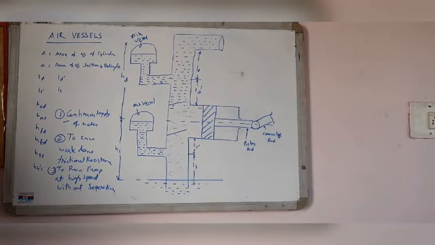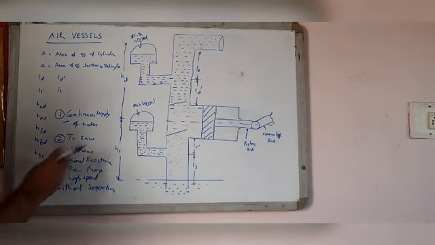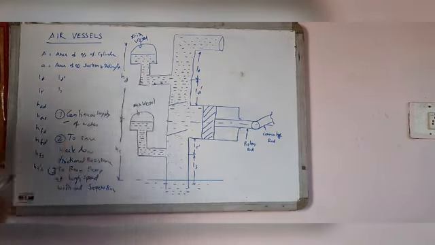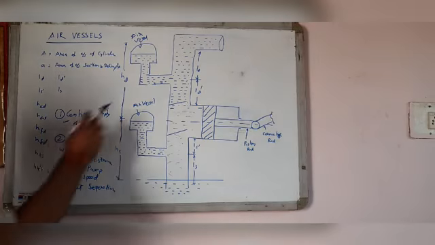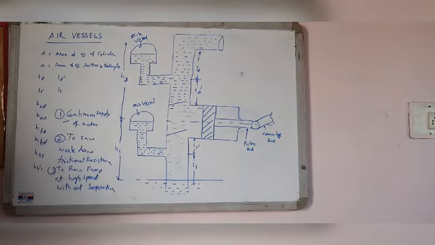On the delivery side also, during the first half of the delivery stroke, the piston moves with acceleration and forces the water into the delivery pipe with a velocity more than the mean velocity. The quantity of water in excess of the mean discharge will flow into the air vessel. This will compress the air inside the vessel.